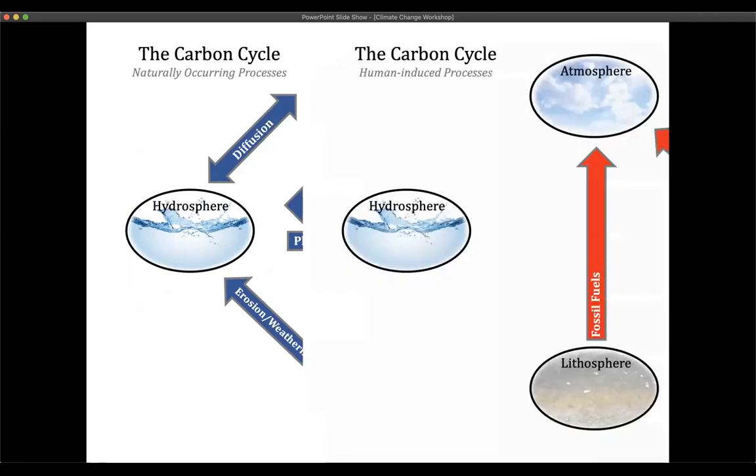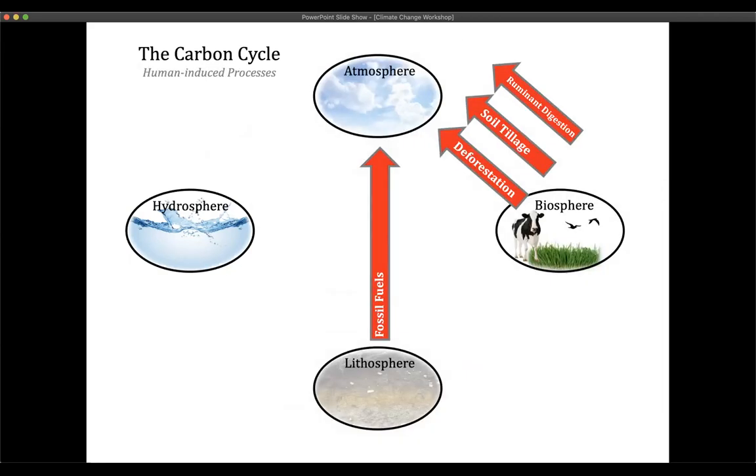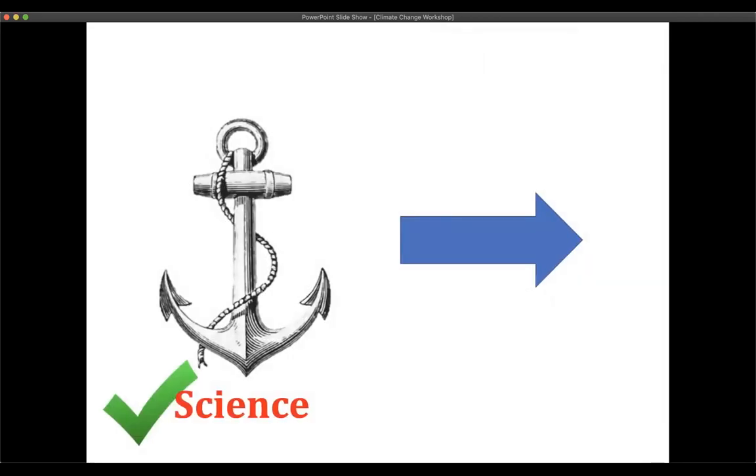But now if we look at the human-induced processes, what do we see? Do we see that carbon is equally distributed, or do we see that there is an imbalance? We see that there's an imbalance here. We have a lot more carbon moving to our atmosphere due to human activities. Again, we're just building a foundation. The carbon cycle is the science that explains climate change, and those are the processes that move carbon throughout our